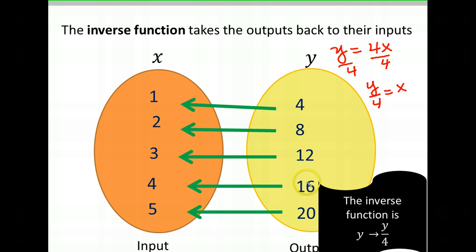So for example, let's take a look at 16. If I know 16 was an output, what number multiplied by 4 gives me 16? Here we have to do 16 divided by 4, and that will give me 4. That will tell me we plugged in 4. So that is called the inverse when we work backwards,